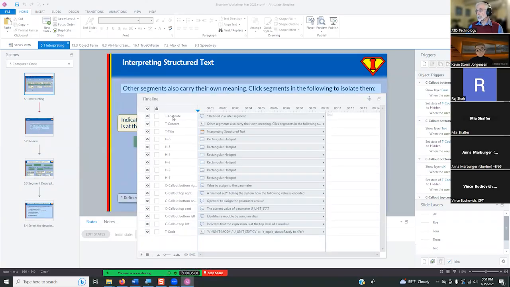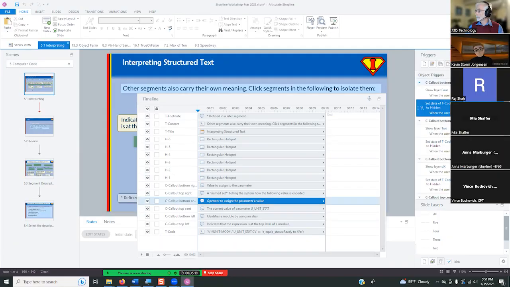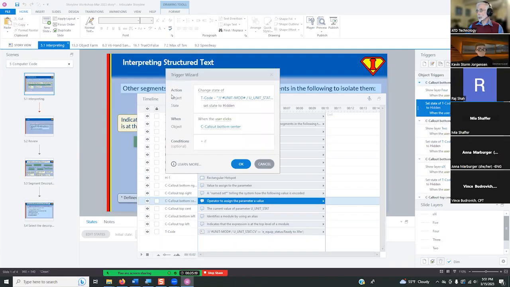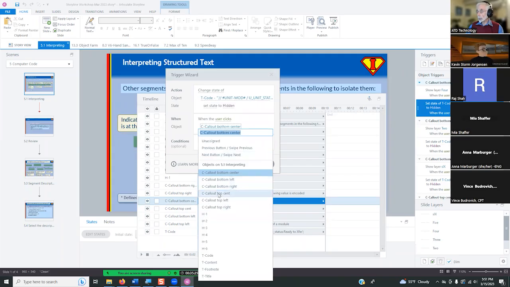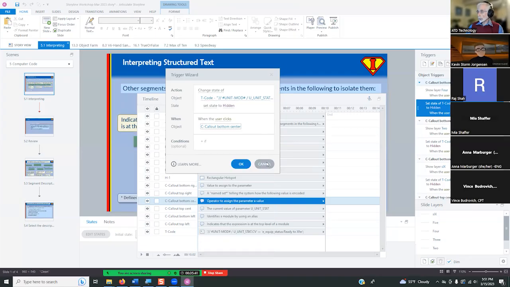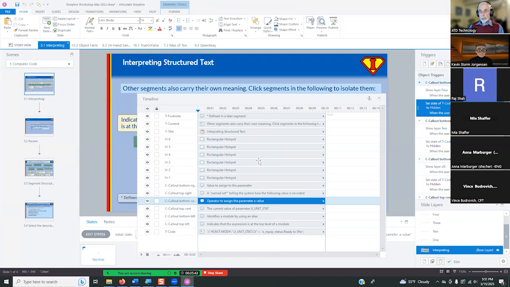Okay, so you see I have a T in front of my text, and I have an H in front of my hotspots, and a C in front of the callouts. So when I'm doing something like creating a trigger, it's a lot easier when you're deciding what object you're dealing with to have a C in front of your call out, so the eye immediately goes to the options that are appropriate rather than a hotspot down here. Does anybody else make use of that? Or does this look like a good idea?